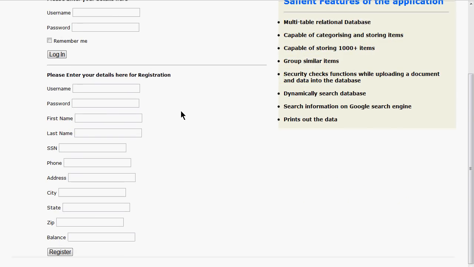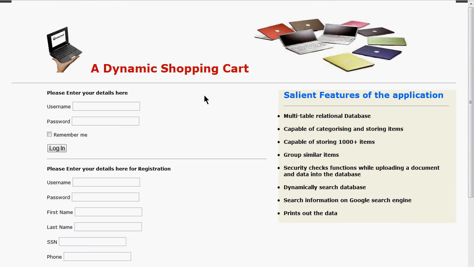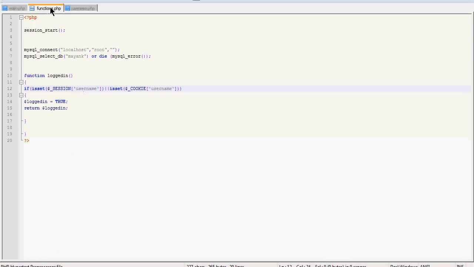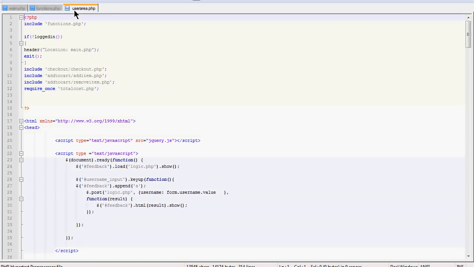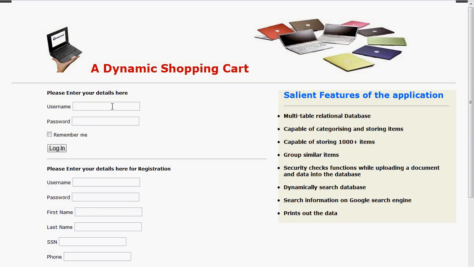I've just got a registration form here where the user needs to first register with the site, otherwise he won't get access to the other pages of the site. This is controlled by functions.php, in which this is the function, and on other pages it checks if the user is logged in or not, and if the user is not logged in, then he's headed to main.php, which is the first page of the site. I have a registered user here which is called Swapnil